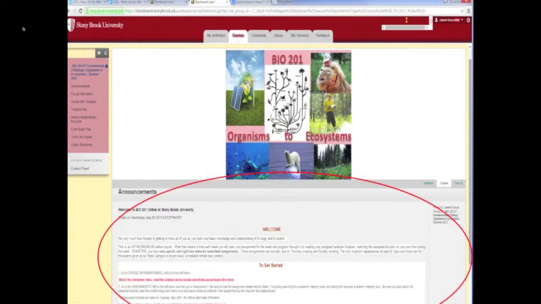These assignments are normally due on Thursday evenings and Sunday evenings. But the only in-person appearances you need to make on specific days and times are for the exams that are given at our West Campus if you're registered for the West Campus section, our Manhattan Campus only if you're registered for the Manhattan Campus, or at previously scheduled remote test centers that have been previously approved.